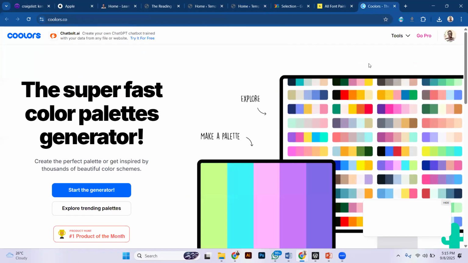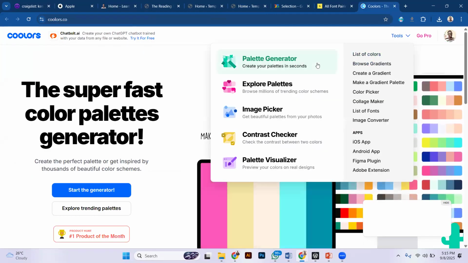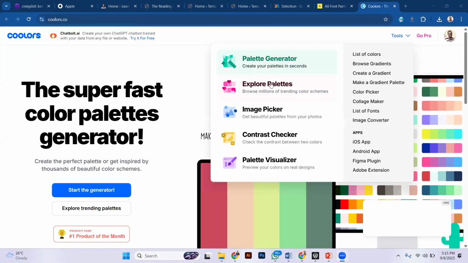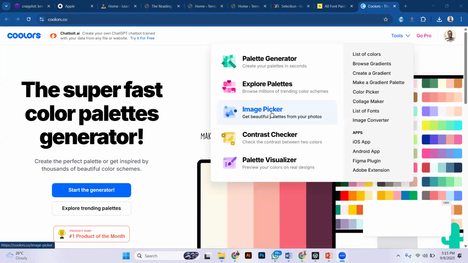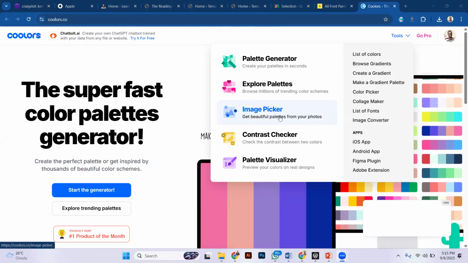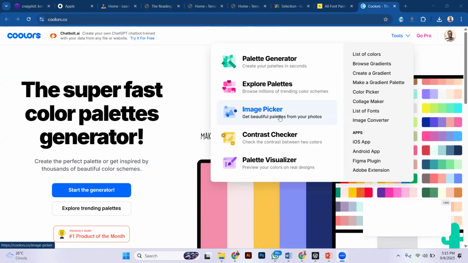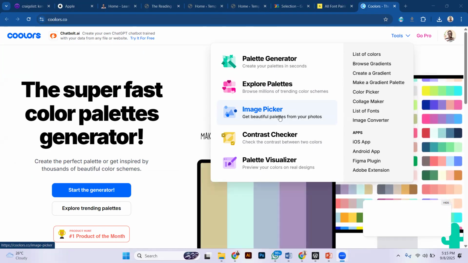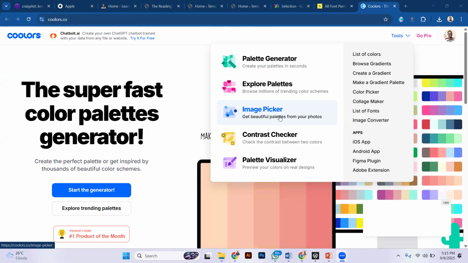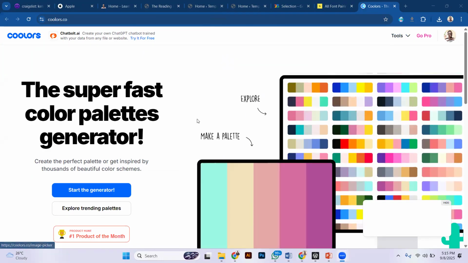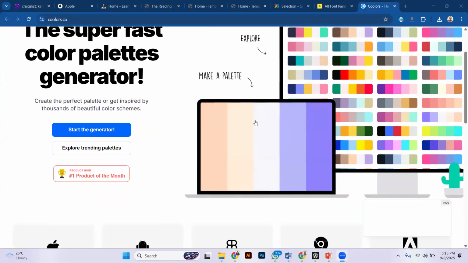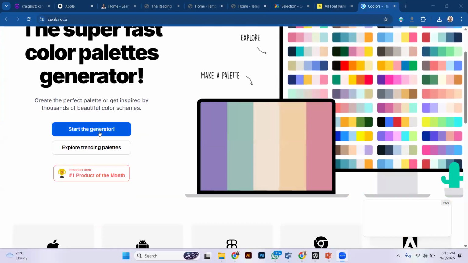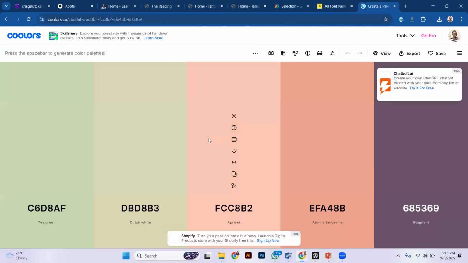I like this website because it has tools to even allow you to upload the logo. If you use image picker, you can upload the logo and automatically they will create a palette for you. They will suggest the colors that can match that logo. But if you are good at creating colors, you can create your own palettes. If you are stuck, you can click on Start Generator, and then they will try to give you different palettes